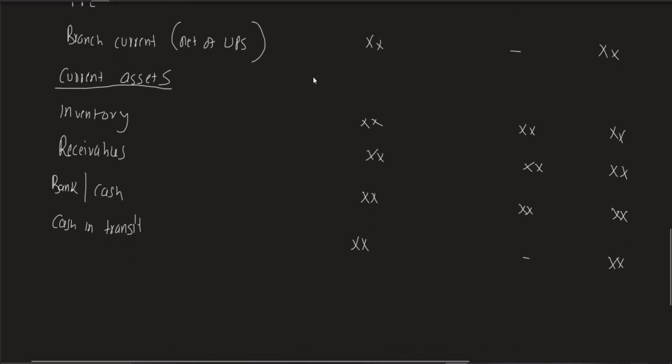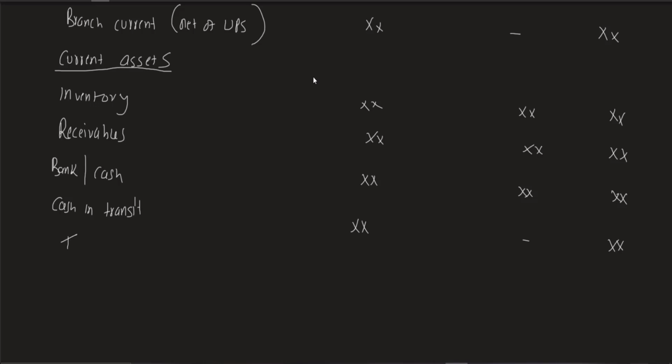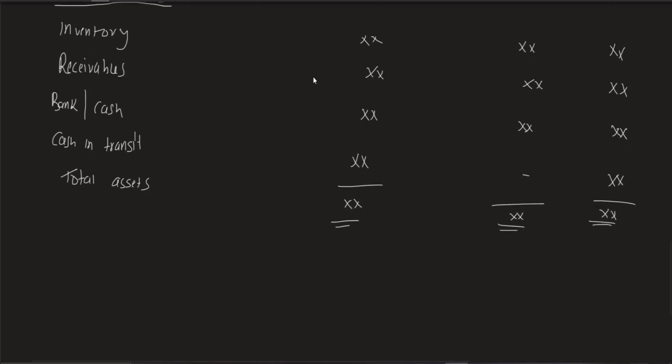From there we can get the total assets. We can get the total assets there. From there we have equity and liabilities. So for equity and liabilities, we have